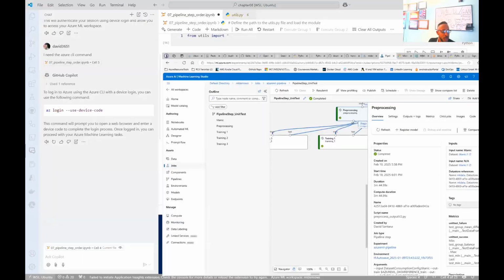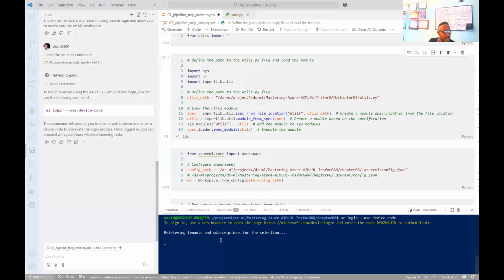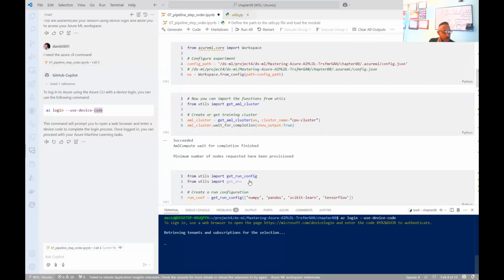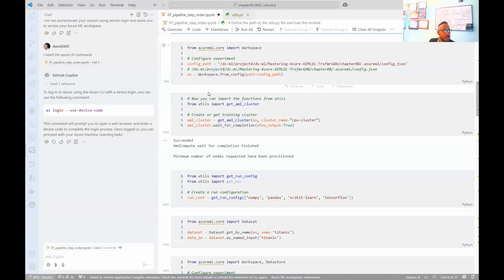All right, so it's helping with that process. It's trying to retrieve the tenant. And as it does that, it's working to retrieve because I've got many tenants. Once it logs me in, then you're going to see it perform another task. Now, I'm going to stop here for a moment and share this with you. And as it connects,